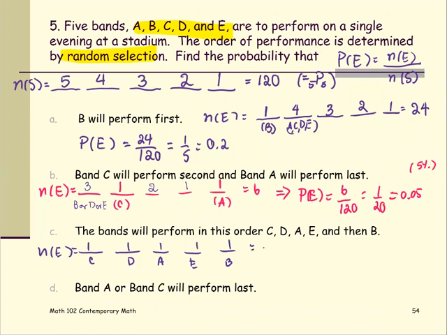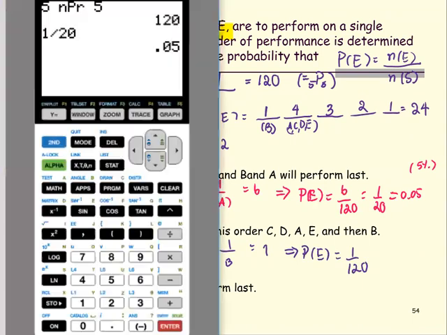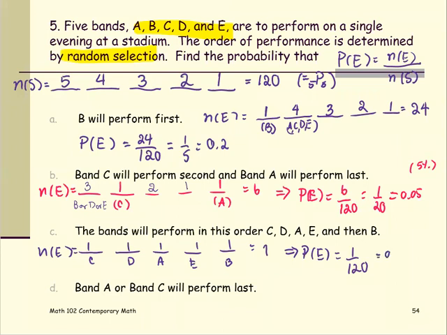Then N of E is just 1. Therefore, the probability of this event is 1 over 120. In decimal form, 1 divided by 120 is 0.0083 repeating,